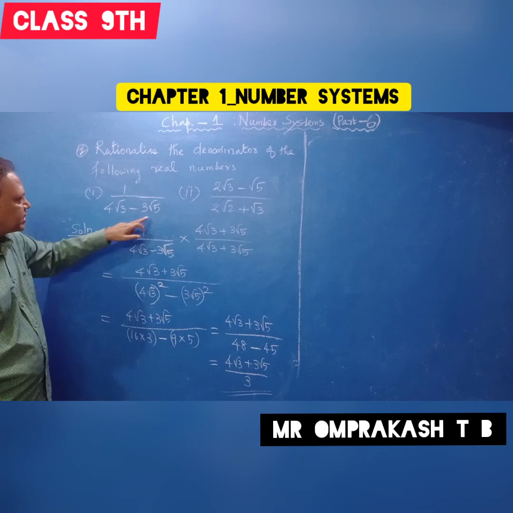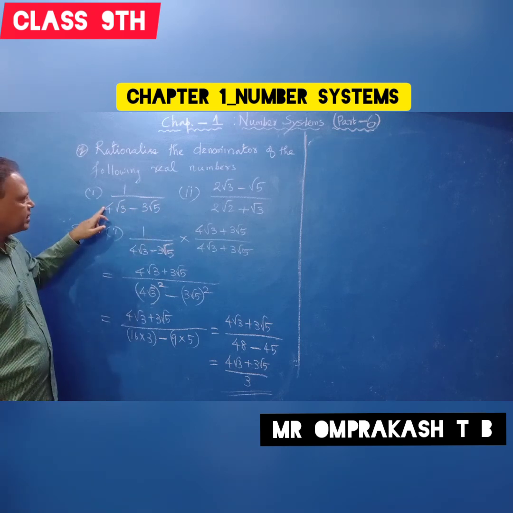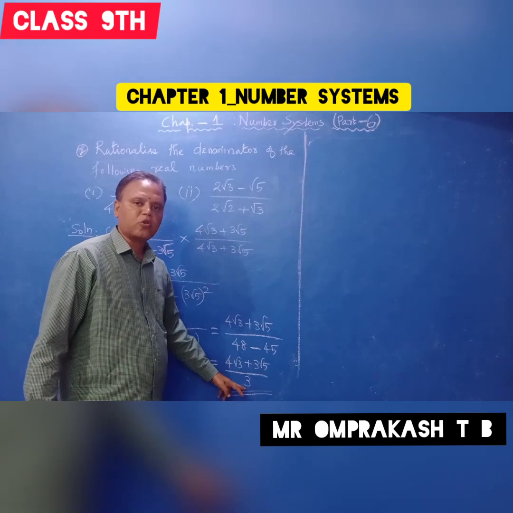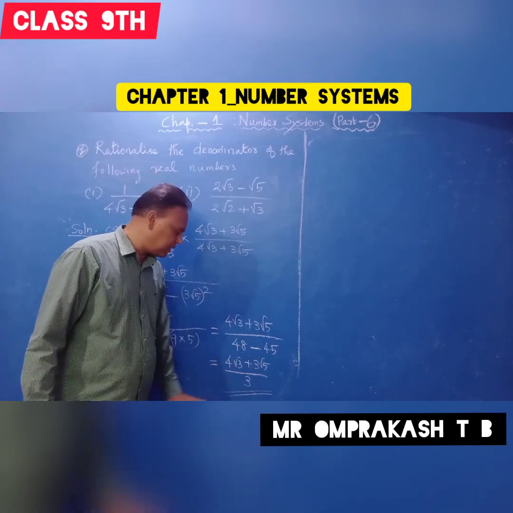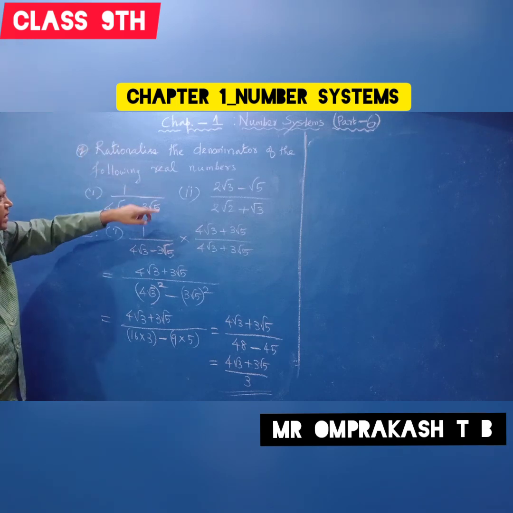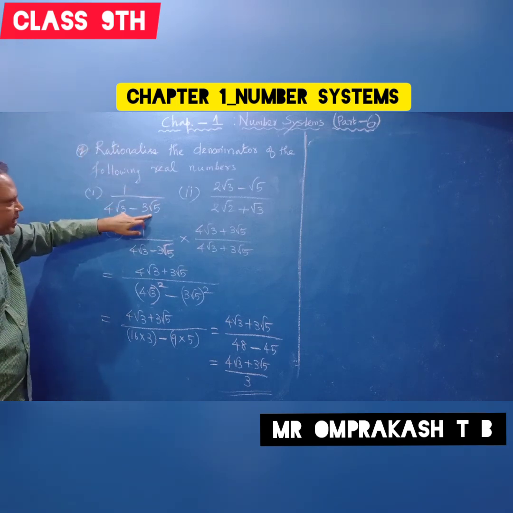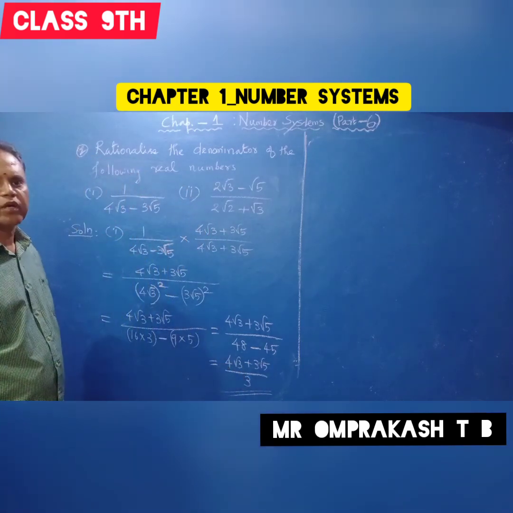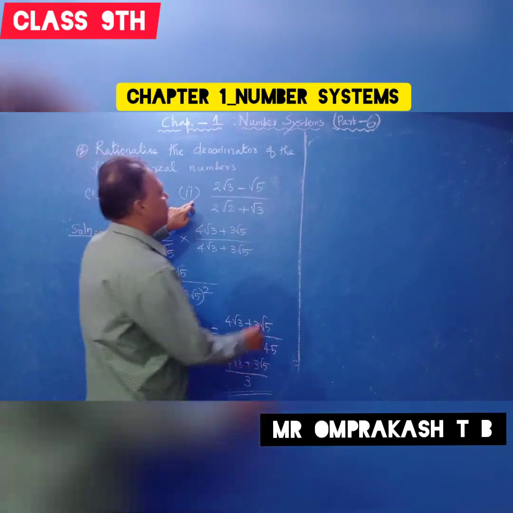So this irrational number is gone fully. Clear? So we are doing rationalization. So the denominator is rationalized. Clear? That's all. That is the question. Rationalize the denominator means the denominator is an irrational number and you are rationalizing the denominator. That's all. Okay. Next problem you see. Same way how to do.